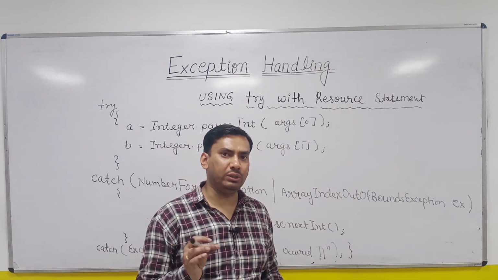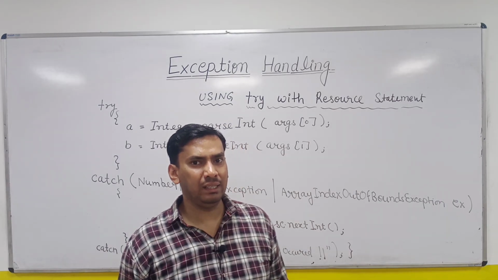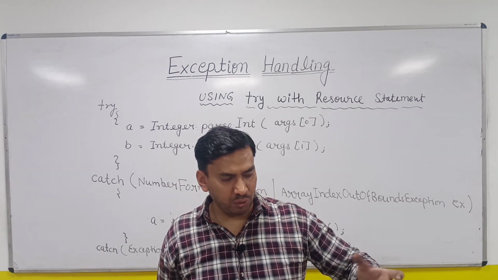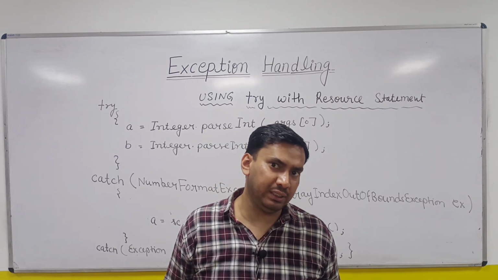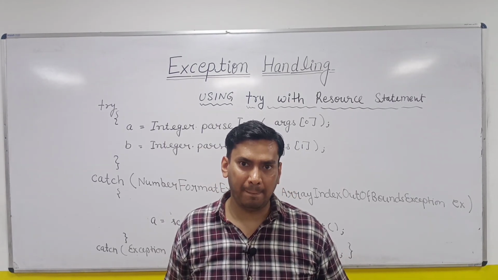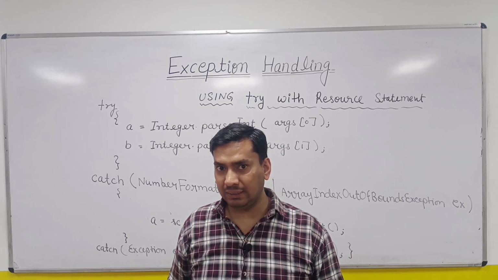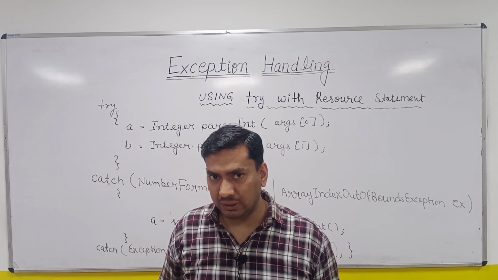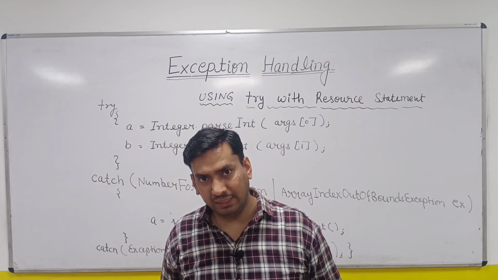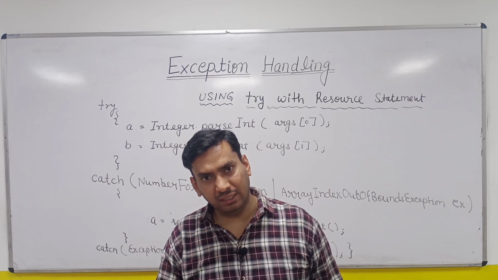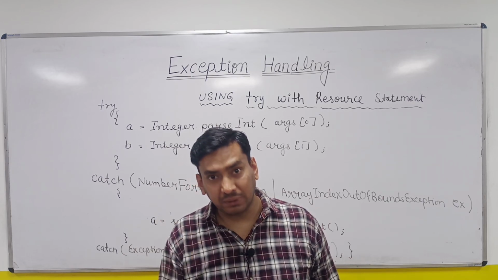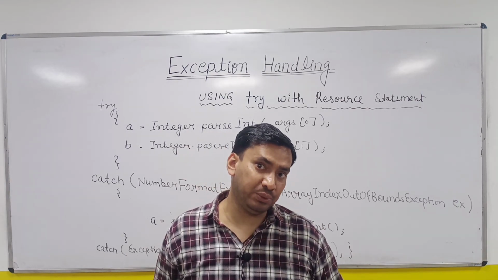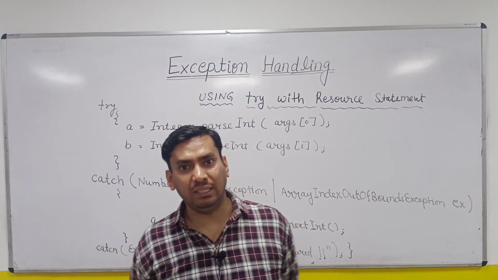So that's why closing these kind of resources is mandatory, and that's why before JDK 7 we used to write the code to close these resources in the finally block. Mind it, before JDK 7 we were writing the statements to close these connections or files in the finally block. Even if the exception is not occurring, the resources must be closed. Even if an exception occurred during the read and write operation, you still want to close the connection. That's why we used to write the close statement in the finally block.